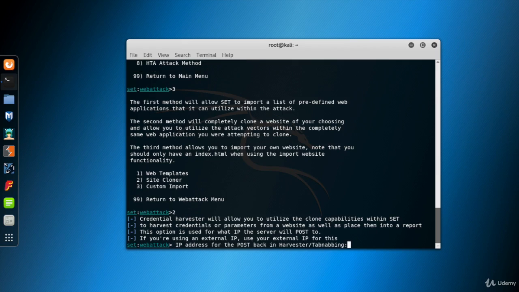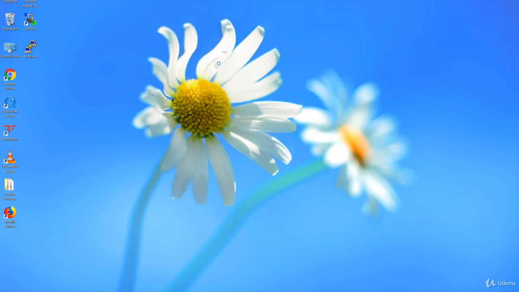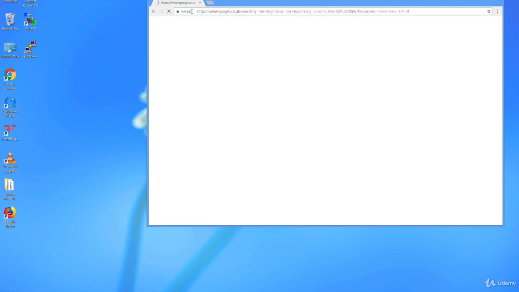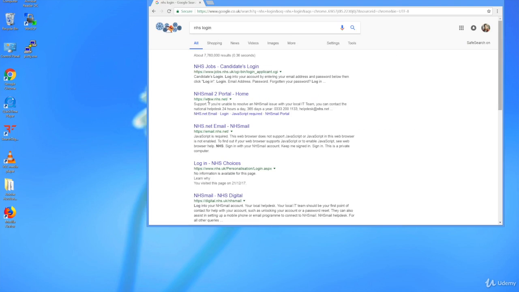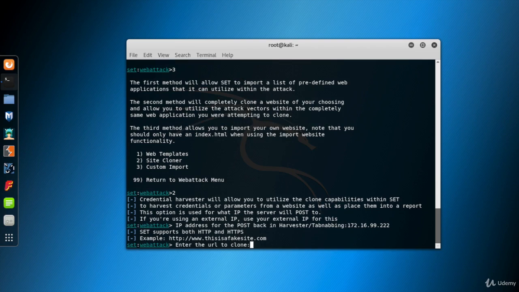We need to have a website where the victims visit and log in often. I want to find a login page for the NHS. Googling for NHS and login keywords, email.nhs.net seems good. The post-back IP address is used for what IP the server will post to. Now this is the URL to clone. I use